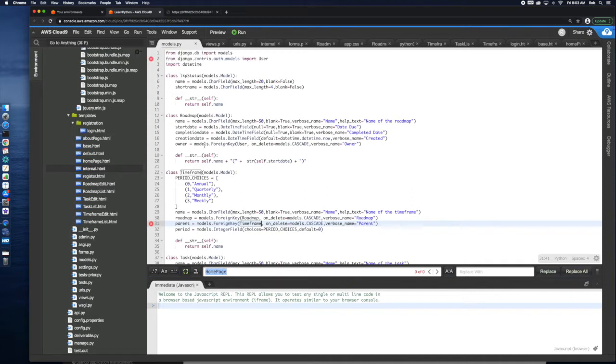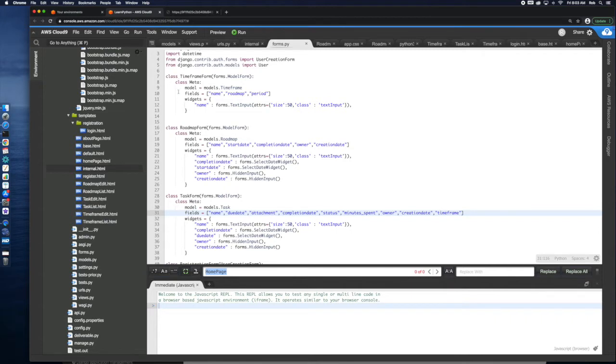And so now that alone, if you remember, if we look at our forms, time frame, we're going to have to add parent now. And let's put parent first, just because. And we don't need to do anything special with it. So we can go over here. I've got to clean a few of these things up. Let's close a couple of these out.